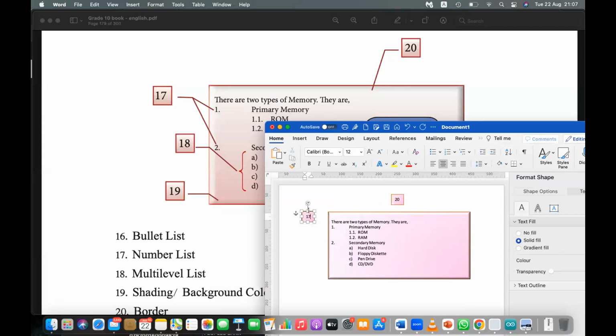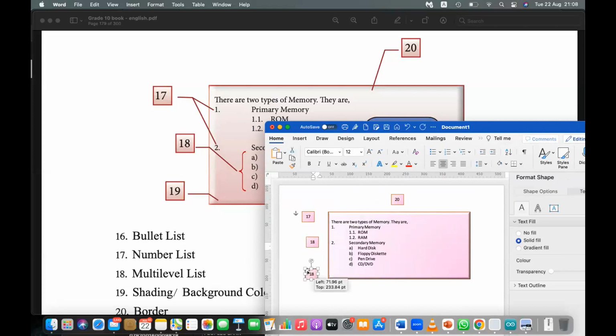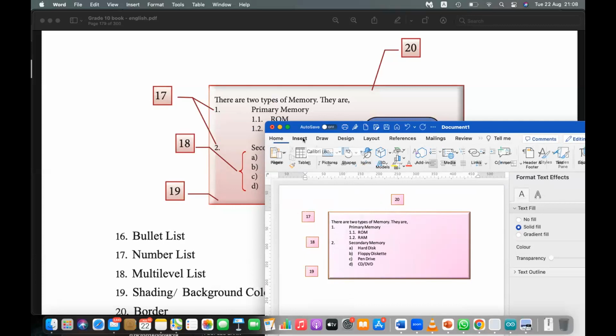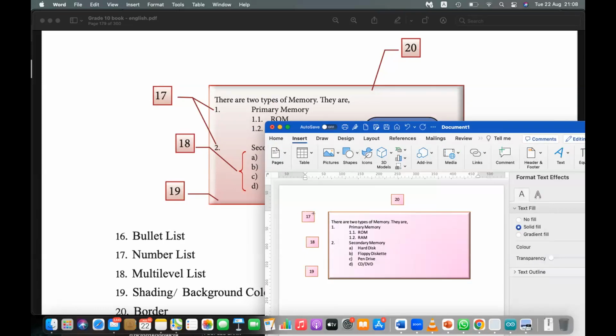And here you have 17. We need to make this, but it's right, the book doesn't ask you to make this, only the list. I'm making you practice the others too. In the book they need only the list, right? Only the multi-level list, all these things, but I'm practicing these other things also. 18, then 19 there, and you have lines, insert, shape, and these lines. This line you can see it's pointing to